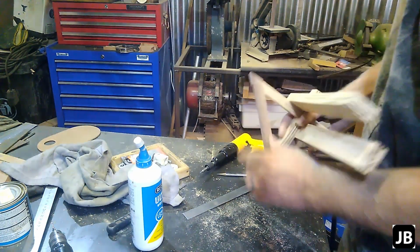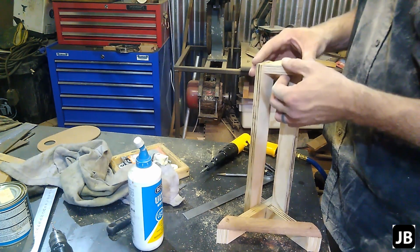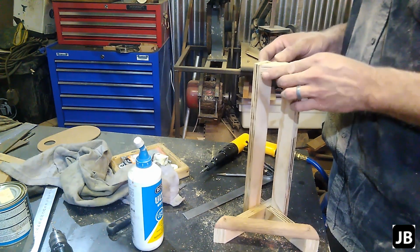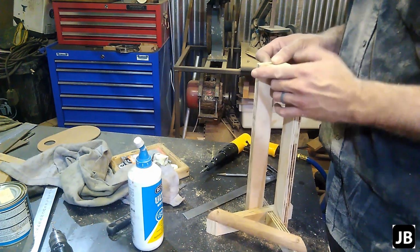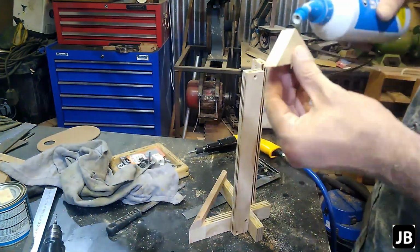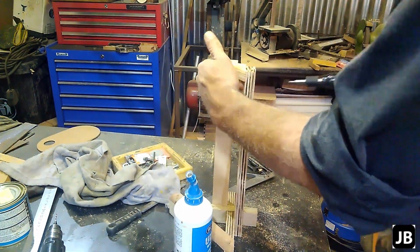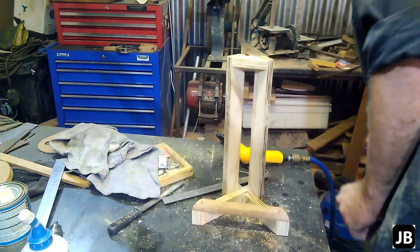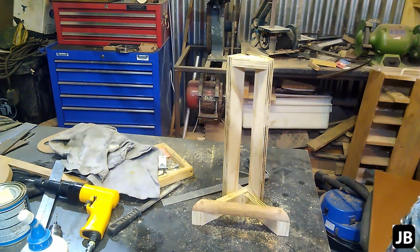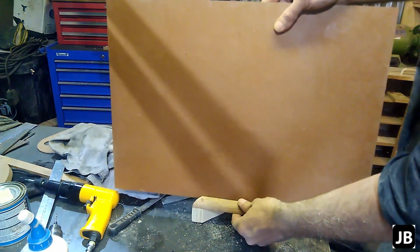Okay, so we've put that on and sanded off the edges. Now I've cut a little wedge that I'm going to fit on top here so that we get rid of any flimsy stuff happening there. So I'm just quickly going to put that one on. And there we have it, our little paint palette stand. Just get the tooling out of the way here. And now we've got a little palette board that we can